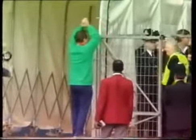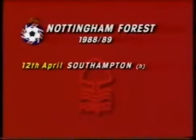Father and son. Brian Clough's first trophy since Nottingham Forest won the European Cup back in 1980. The cup is back at Forest. And what a proud day for Brian Clough. He leaves with a wave and a thumbs up to the fans, and Brian Clough and the Forest team will be back at Wembley in 3 weeks' time. Next match, another outstanding